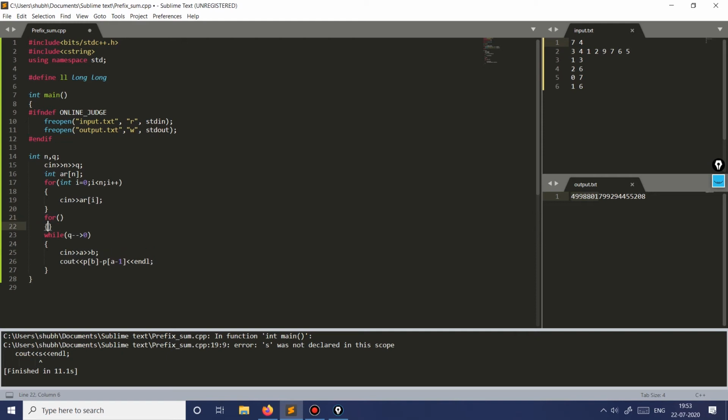So that would be nothing but we need to run the loop from 1, I less than n, I plus plus, and then P of I is equal to the current element plus the previous element.